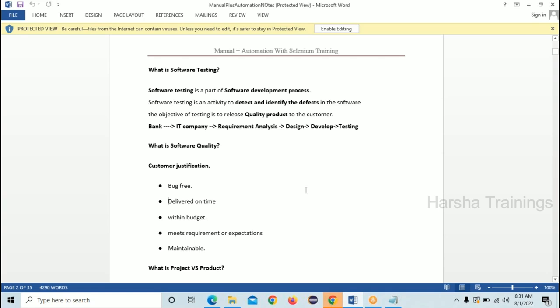What I can say, the project is nothing but it will be developed and given to a certain company, right? For example, let's take Zomato. Zomato is an application. The company developed that project and gave it to the Zomato head, right? That application is used by the Zomato head only. Of course, you are placing the orders, that is a different thing. The admin access and all these things will be there only for the Zomato people. That is called a simple project.